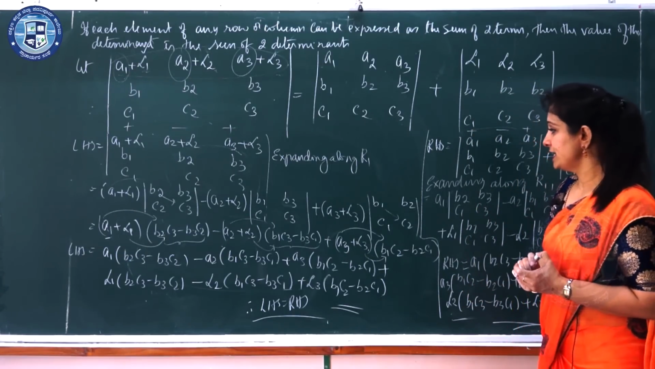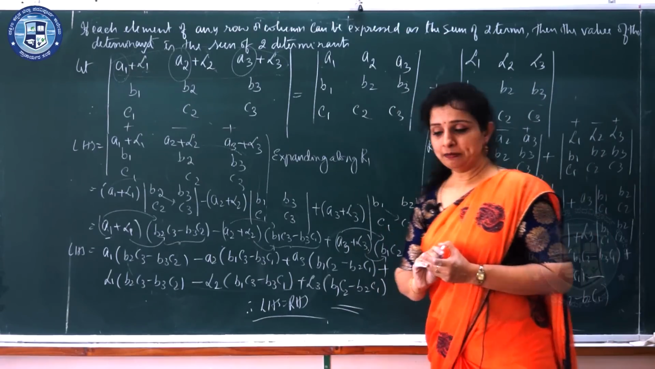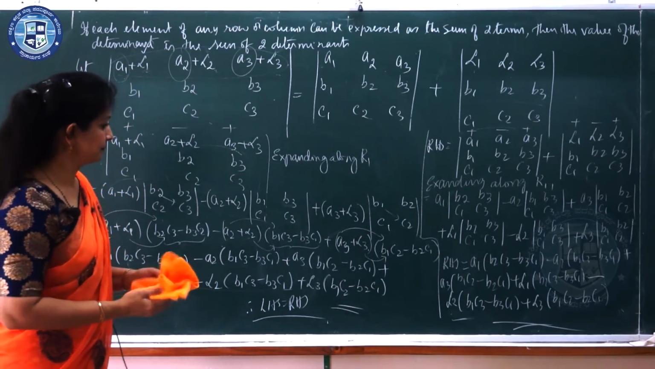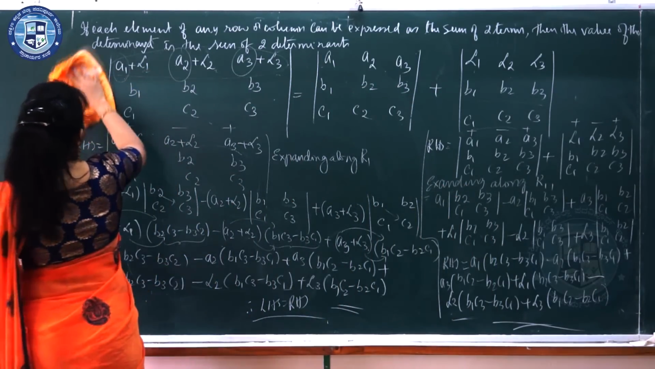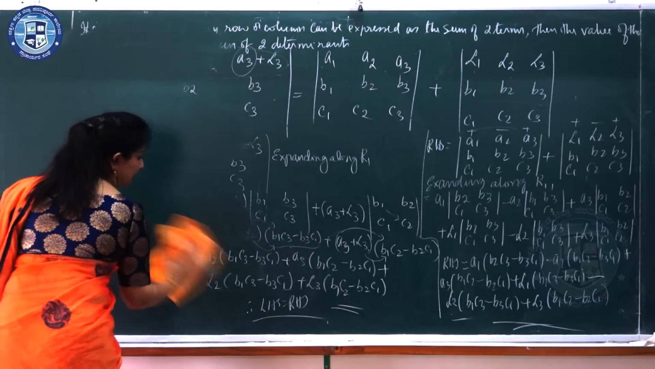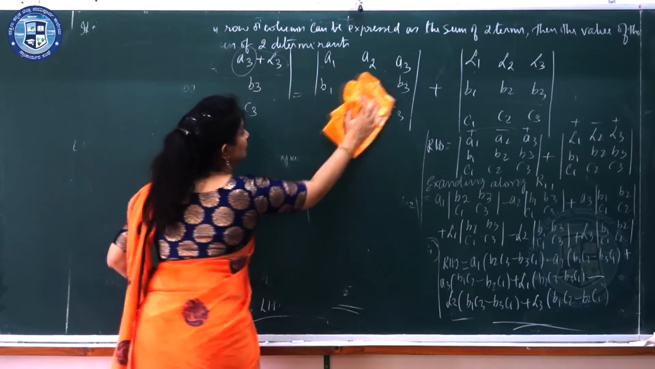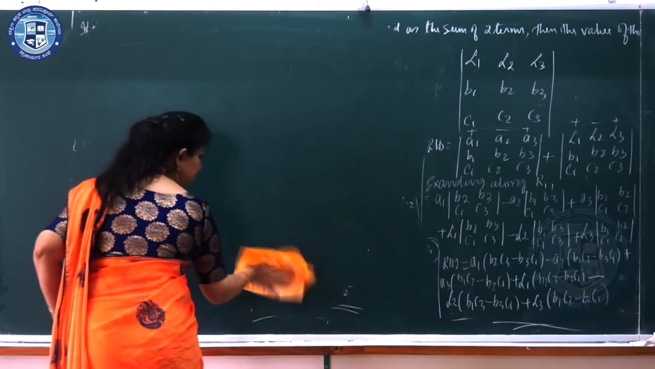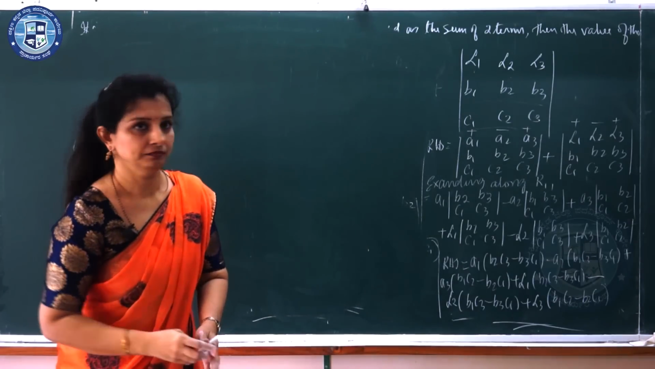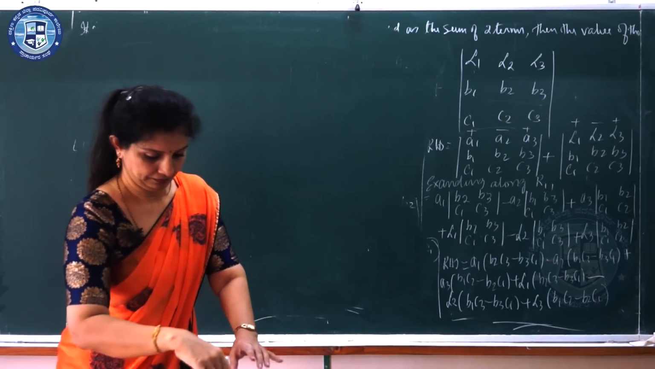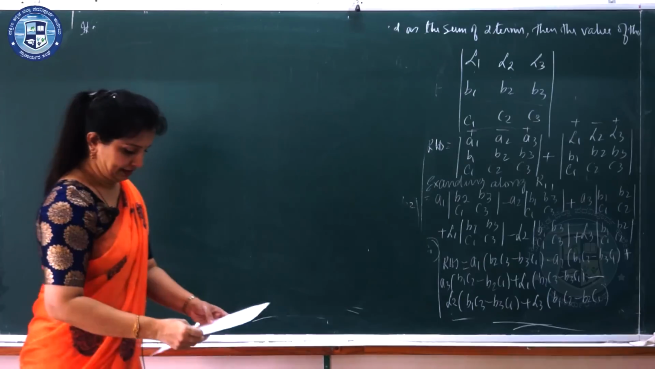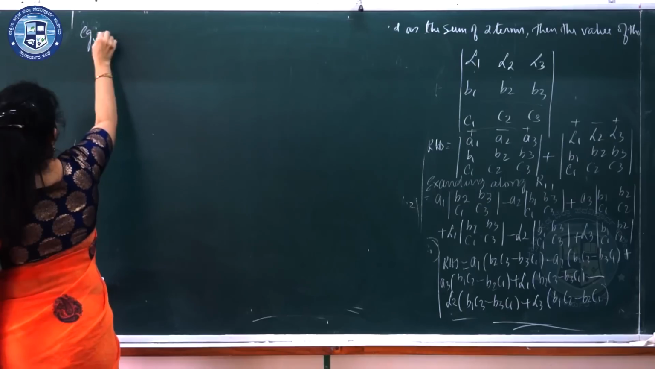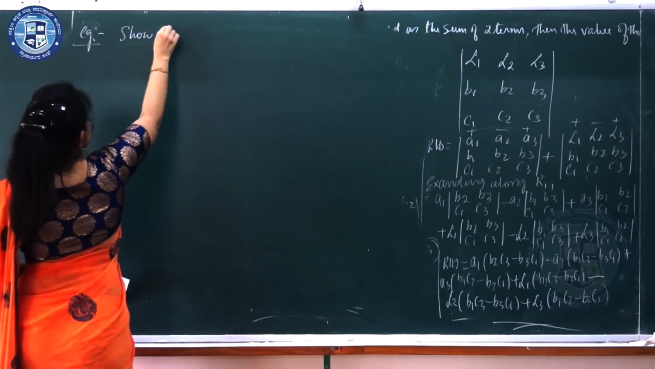So, here we get the fifth property. Please make a note of this. We will do one more example of this. Note down one example. Show that